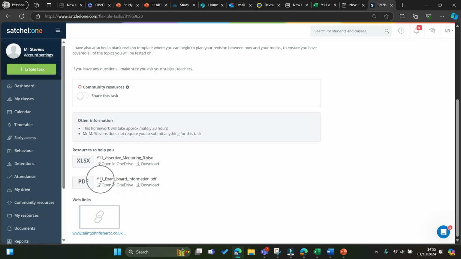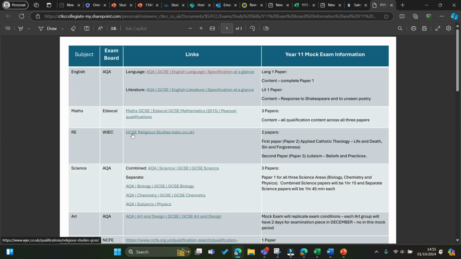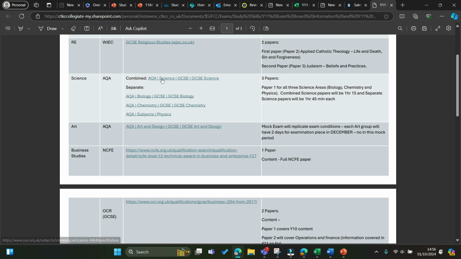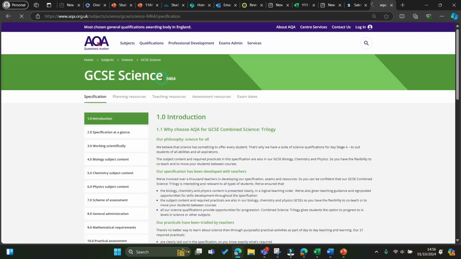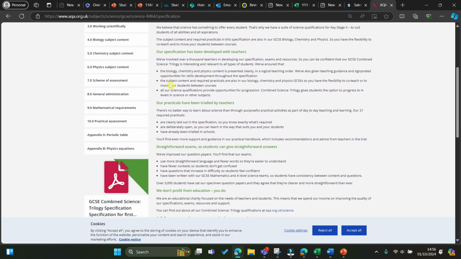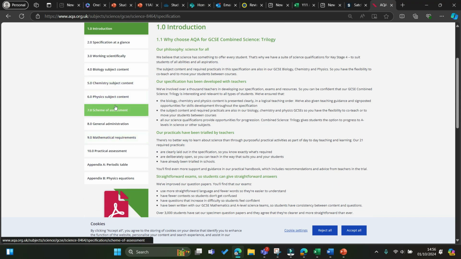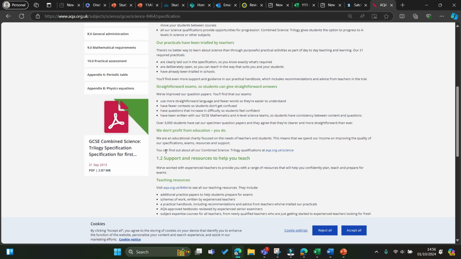Going back to here, the other resource that you have is this one here, which is the Year 11 Exam Board information. If we look at this, then you will have the subjects down the left-hand side with the exam board, a link direct to the exam board website, and then information again for Year 11 mock exams telling you how many papers and what's on each paper. So again, just click on the link. That should take you to AQA in this case,